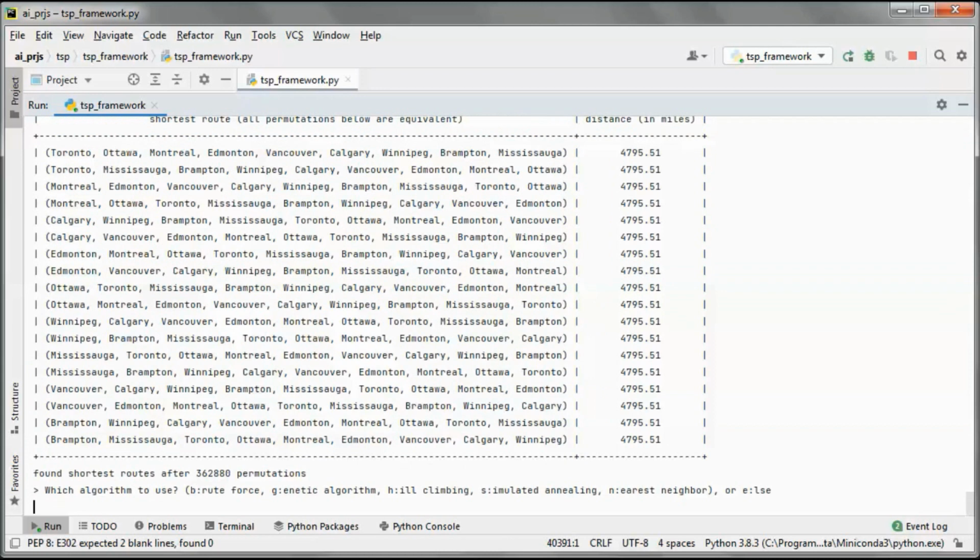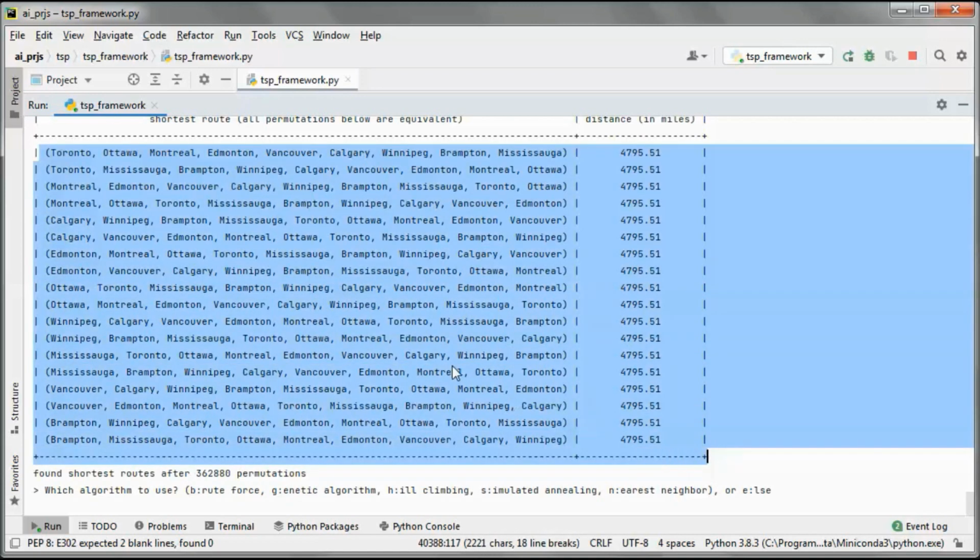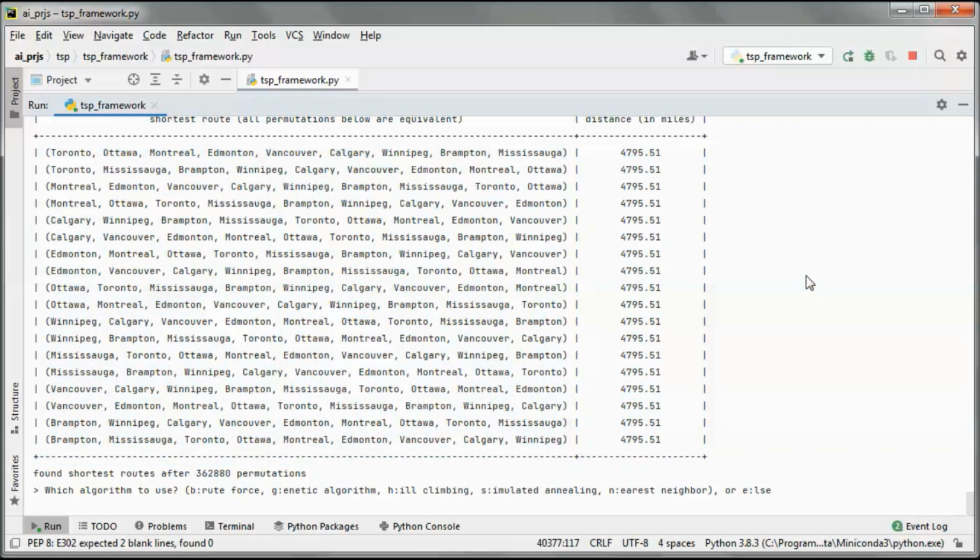Okay, so this is the shortest distance in miles, and all of those are equivalent. So maybe if we start from here to Toronto to Ottawa to Montreal, and then we can go the other way around.